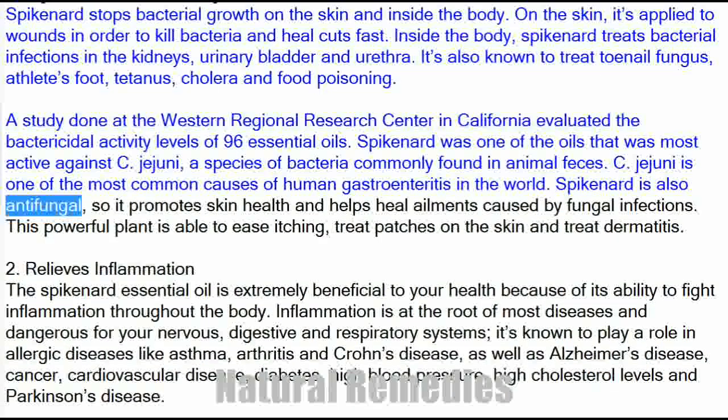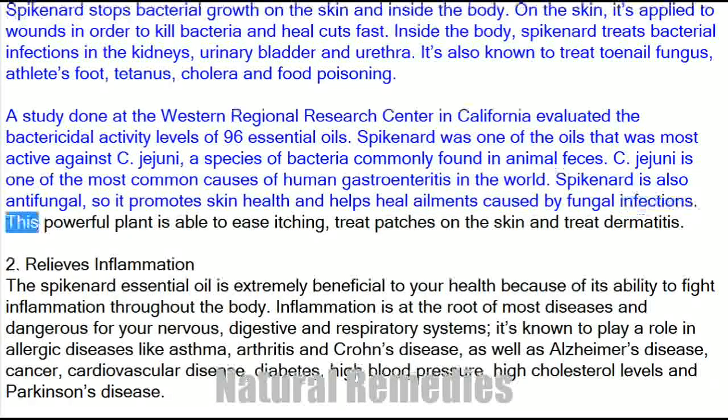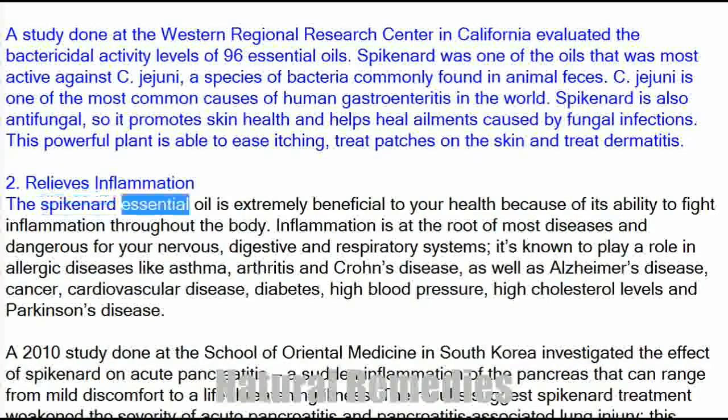Spikenard is also antifungal, so it promotes skin health and helps heal ailments caused by fungal infections. This powerful plant is able to ease itching, treat patches on the skin and treat dermatitis. 2. Relieves inflammation. The spikenard essential oil is extremely beneficial to your health because of its ability to fight inflammation